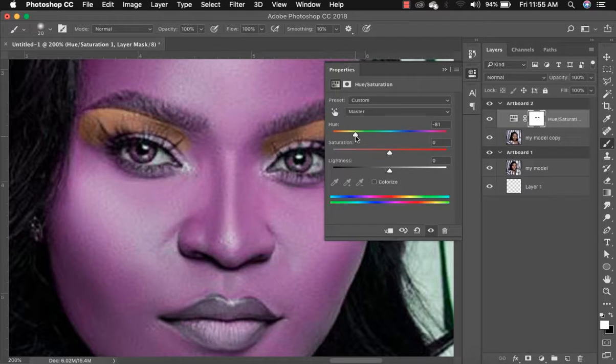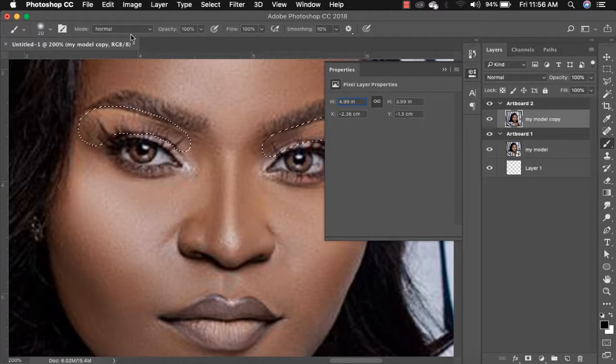You notice what is happening here. It's color grading the whole face, and that is not what I want. What I want is just the particular spot I painted with my brush tool over the quick mask mode. So how do I get rid of this? Very simple. Go back to edit and step backwards, or you can use the keyboard shortcut Alt Command or Option